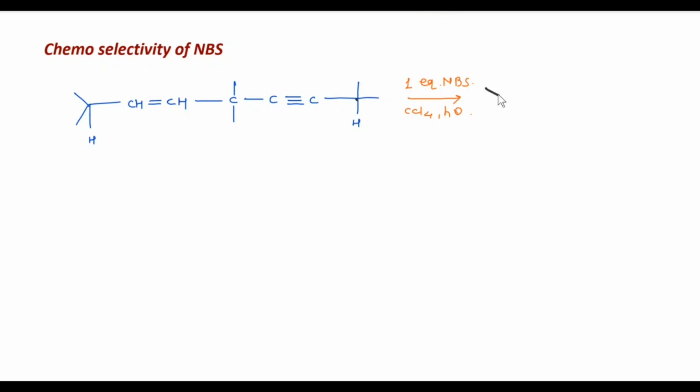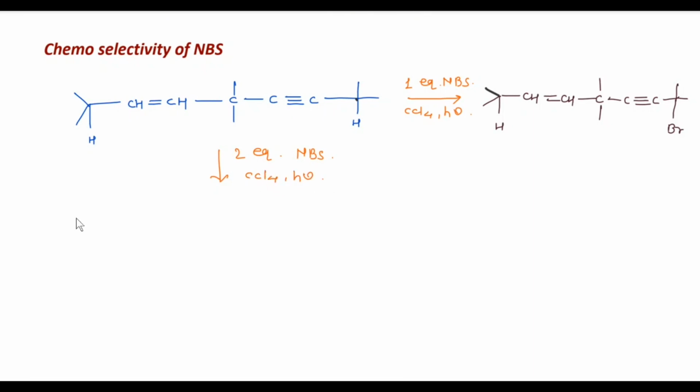So we get this product. And suppose in this moiety we add two equivalents of NBS, that is, in excess amount,